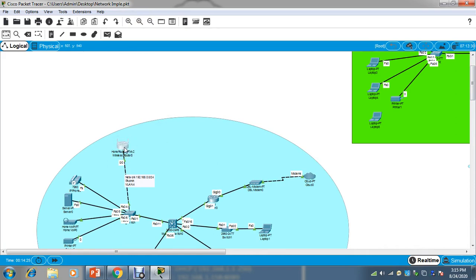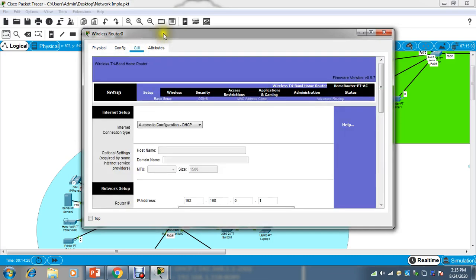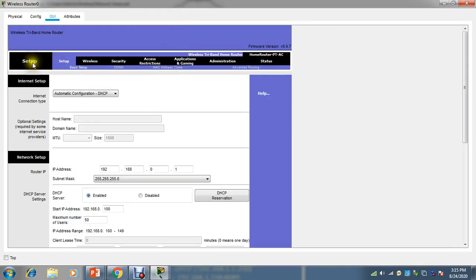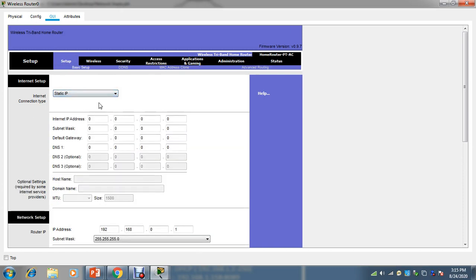So let me go to GUI mode. It is GUI based, so very simple. Even if you are configuring at home, you have to follow the same thing. First of all, you need to connect and go to the console of this device, and here you will get a setup option. In this setup option you first have to give the IP address where you will be getting internet. For example, I'm giving this IP, which can be internal as well as ISP side. If you are installing at your home, you will have to get the IP address from your ISP. So I'm giving that kind of IP address only.